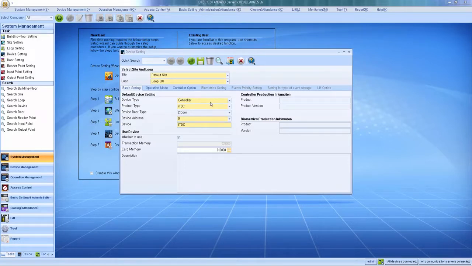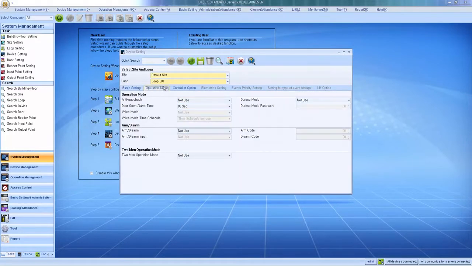According to the product type, some features may not be enabled, such as biometric setting, event priority, setting for type of event storage, as well as lift. Under operation mode, you may see some options disabled, but you may enable or disable the functions that are currently being utilized. Anti-passback,